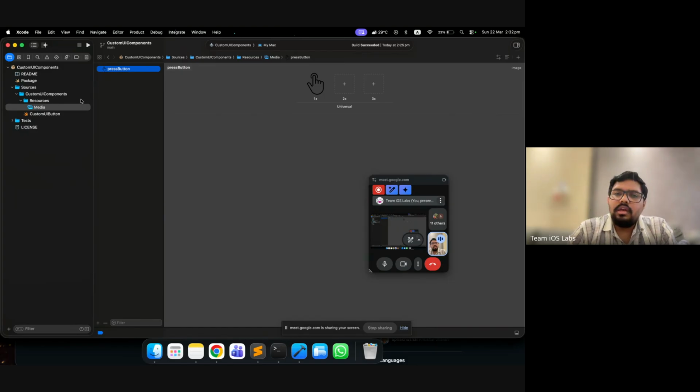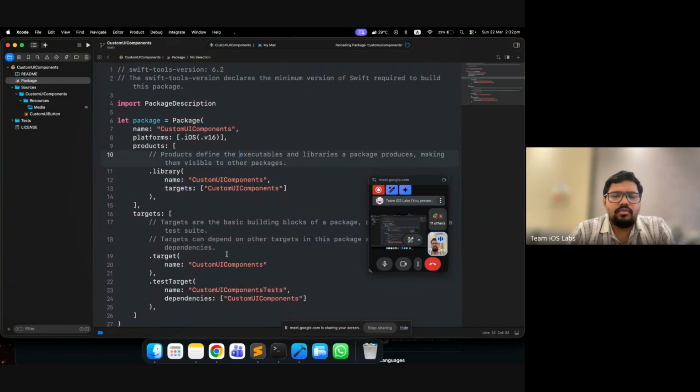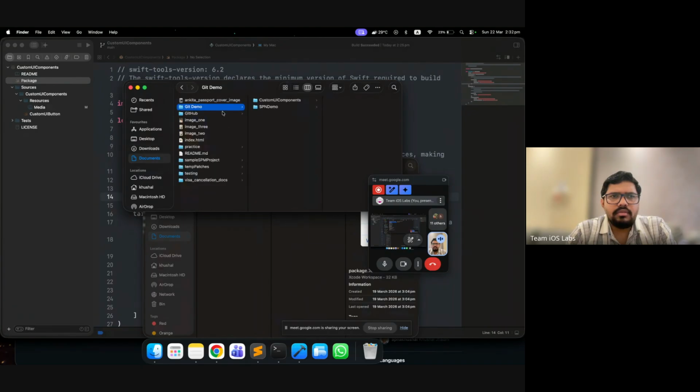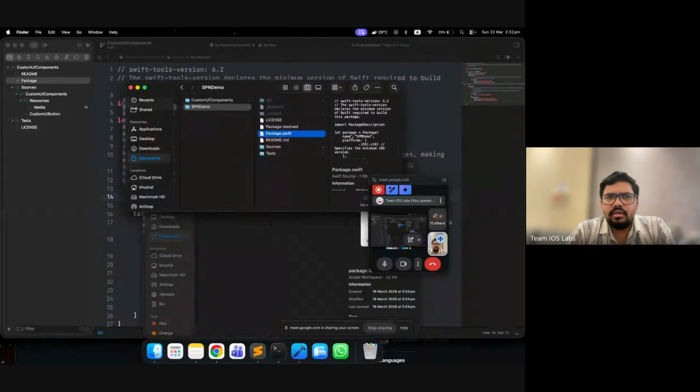Now, how can you use it in your package manager and how can you define it? If you want to add any resources, you need to define it here. Either an asset file or JSON or any other file you want to add, you can add it here as resources. So let's go to the package file and you need to specify the path. Let me just see the syntax part. It is somewhere here we need to define